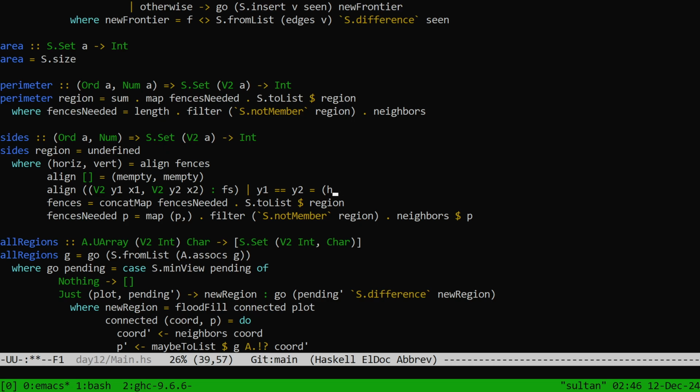So it's M insert of their shared y coordinate, which we'll call y1,